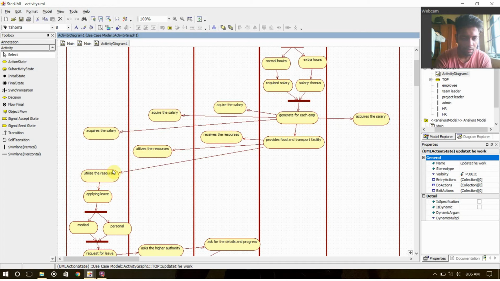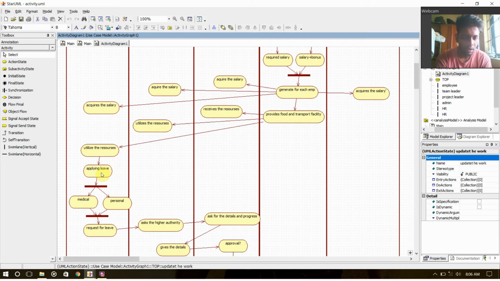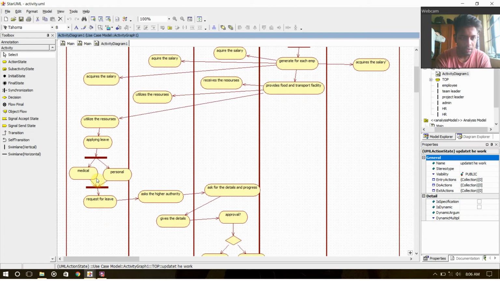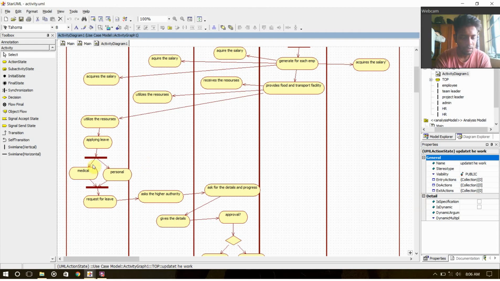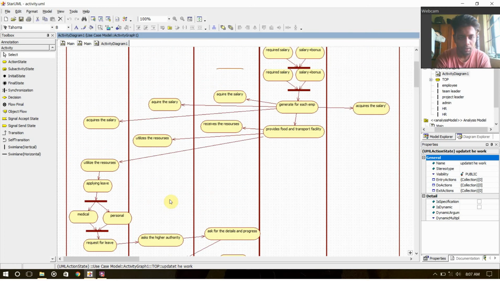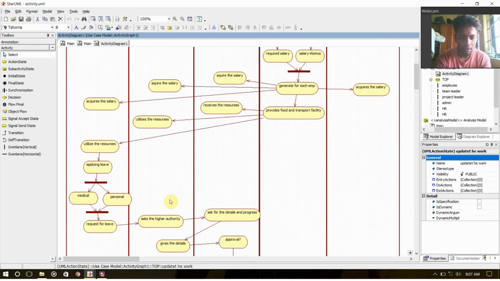they receive the resources, and the employee utilizes the resources and then applies for leave. It was made into multiple transitions using synchronization, and then it was divided into two sub-activity states, medical and personal, and then it will be joined again using another synchronization. Then the employee requests leave, asks for higher authority, and then requests the leave from the team leader,